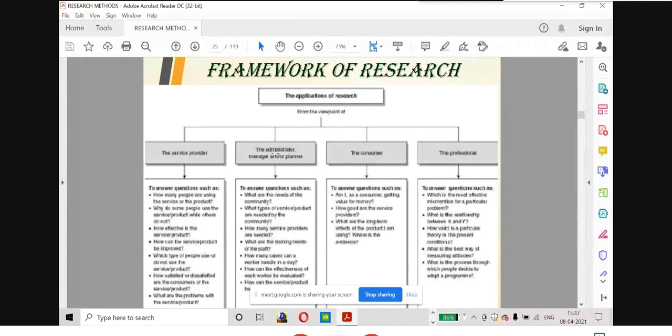Similarly, as an administrator, you are supposed to provide answers to questions such as: what are the needs of the community? Then what types of service or product are needed by the community? How many service